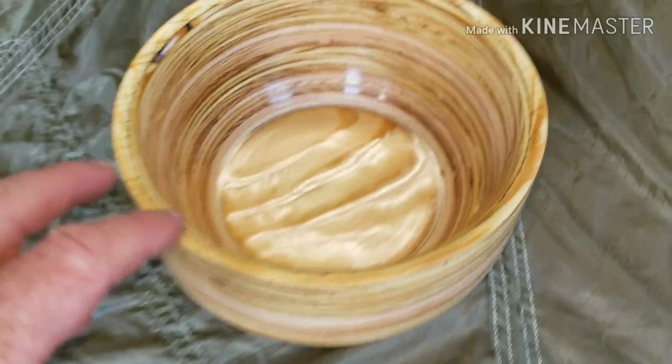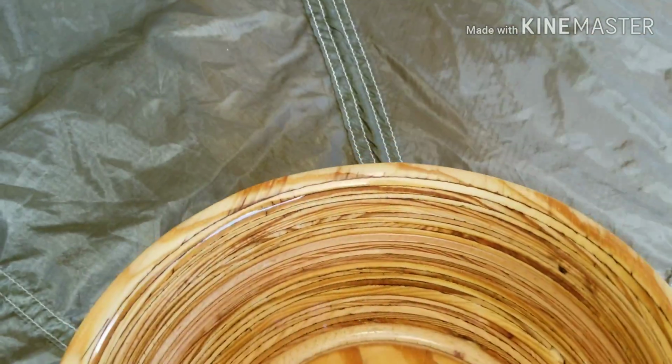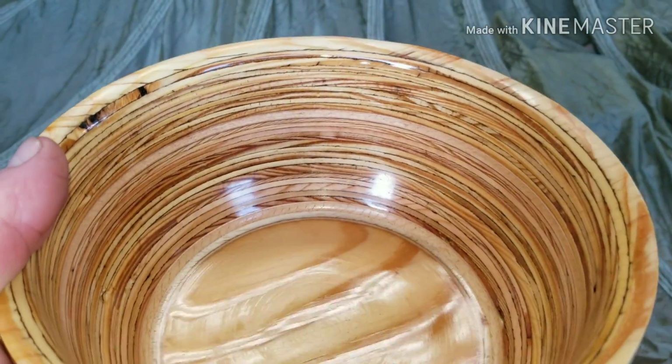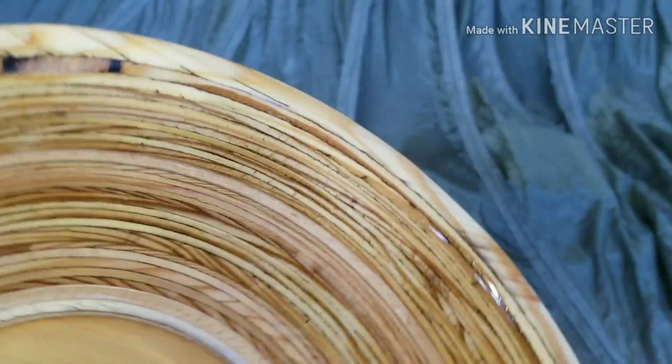Okay, well there it is. Plywood bowl. Got about, I think I've got like 8 coats on the outside, probably about 6 or so on the inside. Fairly shiny. It's plywood. It's shiny for plywood. This bowl, as you can see, was pretty